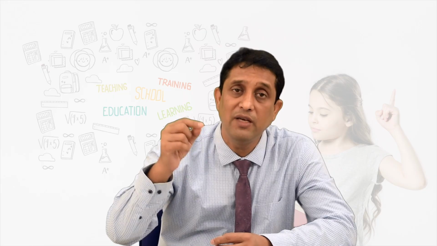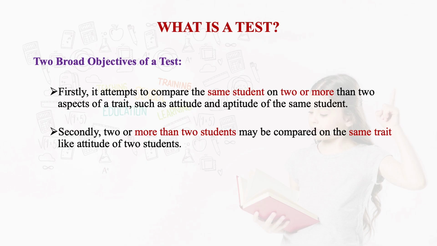So in result, you can say that student X had secured this much score in science, then is having a positive attitude towards schooling or towards the teacher, and the student is having intelligence as well as other aspects also. So here in a test, so far as its objective is concerned, different variables, different tests can be measured upon the same student. And secondly, two or more students may be compared on the same trait